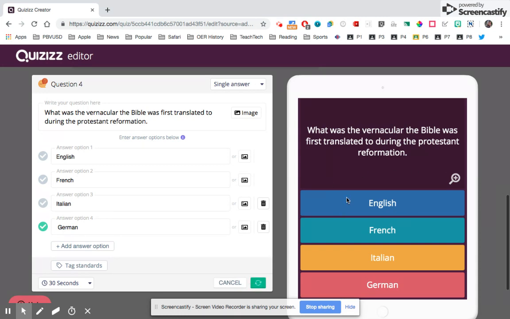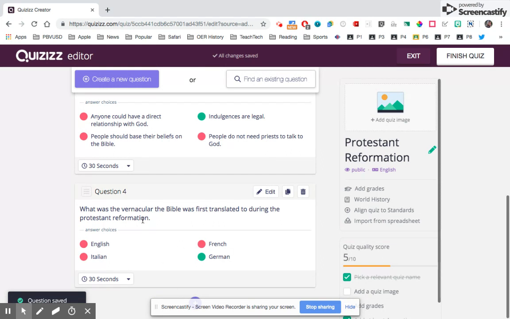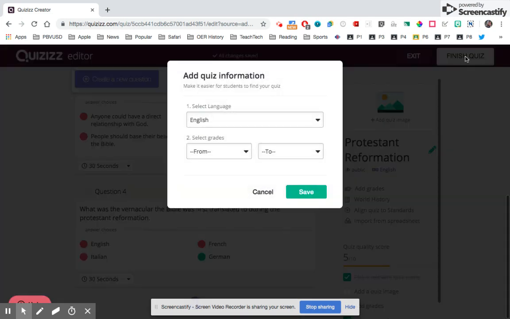It'll show you what it looks like over here. Once I click save, it then will add it to my quiz, and then you just click 30 seconds. You can click how long they have to answer it as well. So once I'm done, I'm gonna click finish quiz,